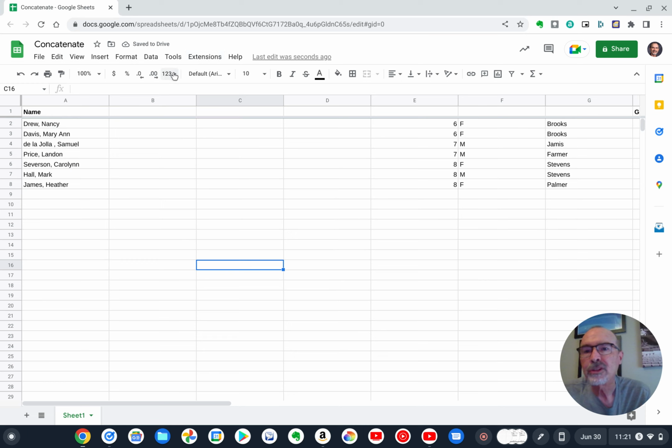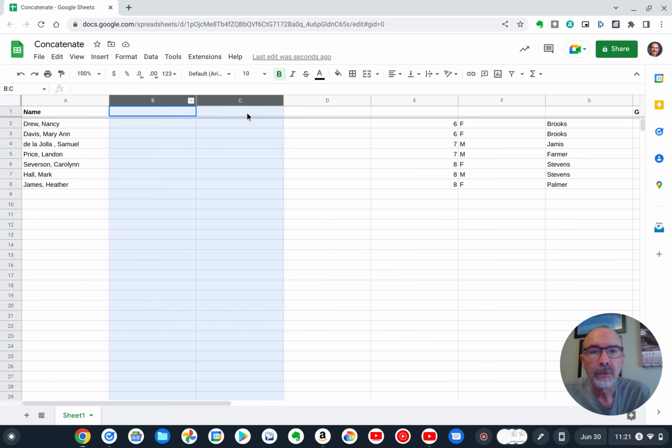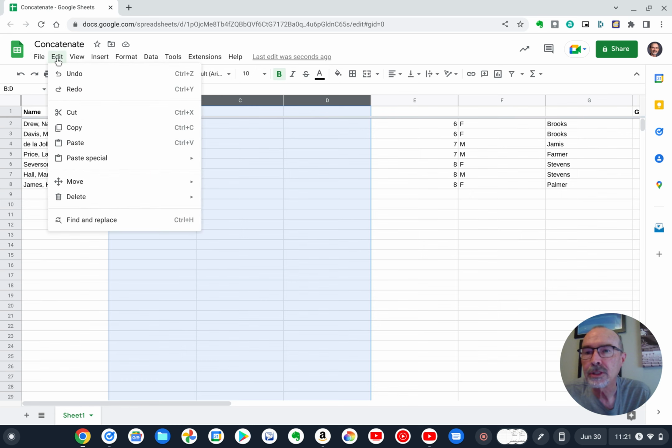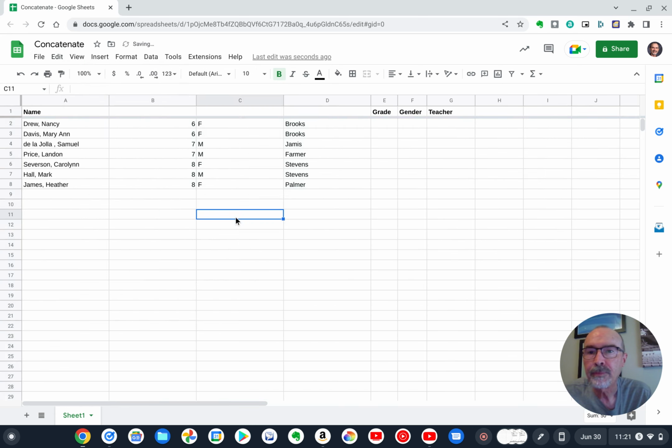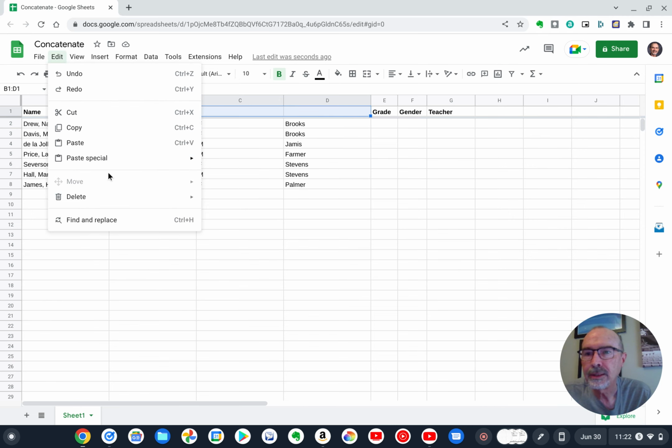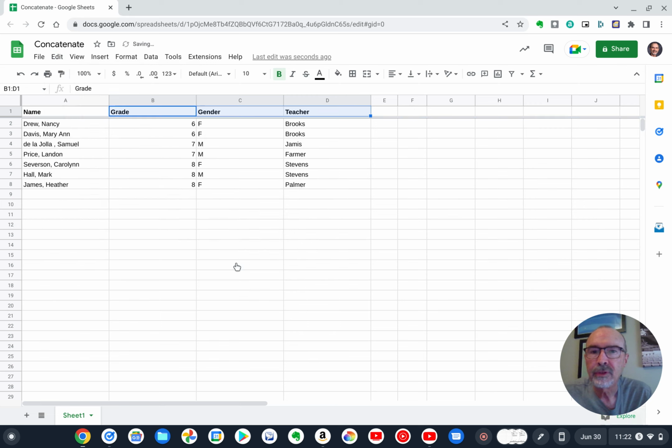Now we have some extra cells in here, and we can highlight those. And we can delete those as well. Delete columns B through D. And now, we have these extra cells up here in the header too. Let's get rid of those as well. Delete cells and shift left. And now we have the name, we have the grade, we have the gender, and we have the teacher,